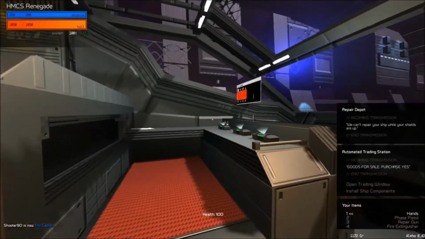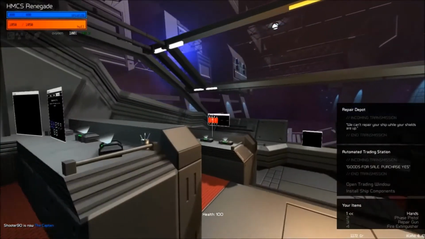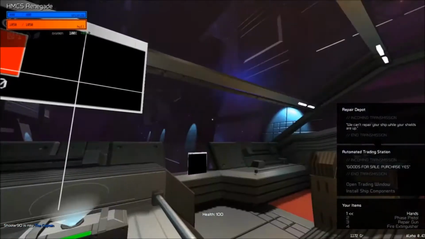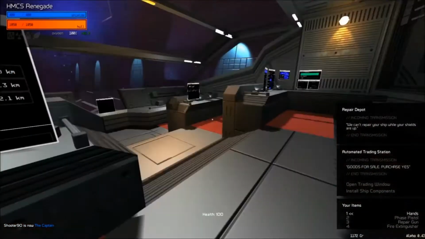Okay. First off, status display. We finally get a status display on the bridge. That's the main part, because sometimes you don't know what's hit and what's not, so it's a good idea to know which subsystem needs repairs. Moving on,